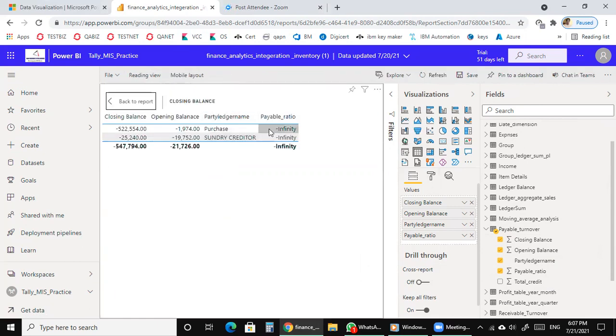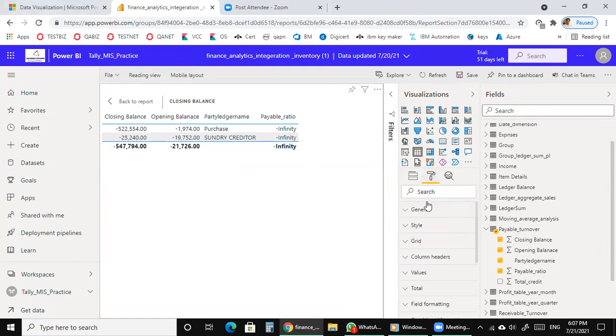And this is my full screen of the payable turnover. In case I want to edit again, I have to go to the title and write the payable. And this is my payable turnover.